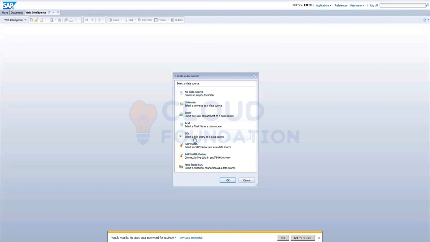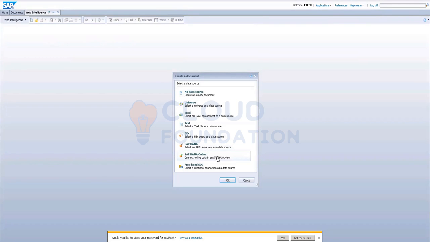BICS, as I told you already, other than relational data sources like MySQL, we have OLAP data sources like SAP BW. There the query is already created using a BEx query. That query we can consume directly here. In that case, we do not need to create a data foundation layer in the Universe. We will just create a BICS connection in the Universe, and we can directly consume that BEx query as a data source. Or we can use a SAP HANA view as a data source here, or SAP HANA online.